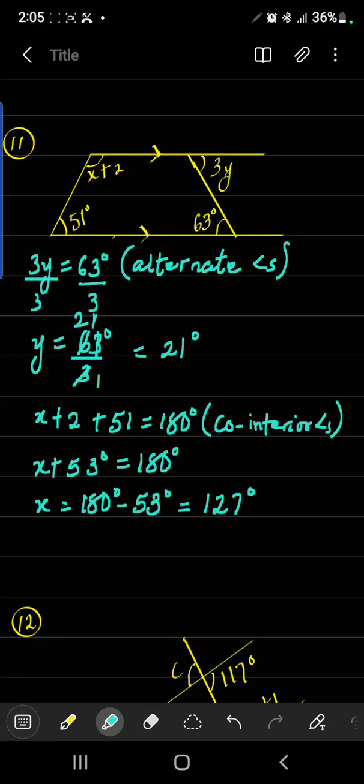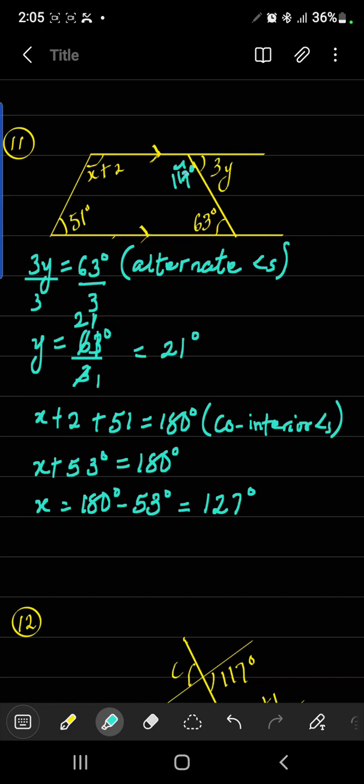You didn't know the value of y before, but here you have now known the value of y, so 3y is 63. You can use sum of angles on a straight line, or you can use sum of co-interior angles. This is 63. So if you give this one any letter, either A, B or C, so A plus 63 will be 180. You remember, sum of co-interior angles is 180. So if you subtract 63 from 180, your A will be what? 117 degrees, right? I'm just explaining some other ways you can use. Since you've gotten A to be